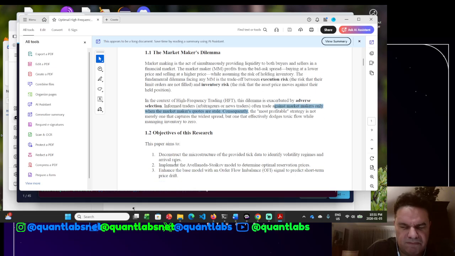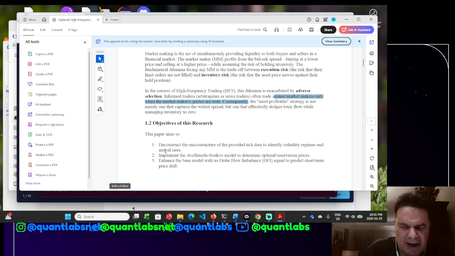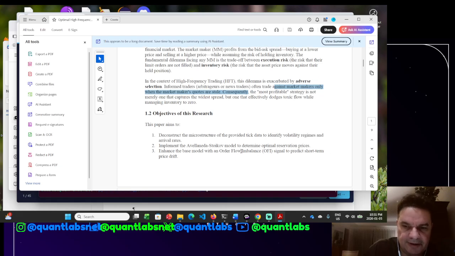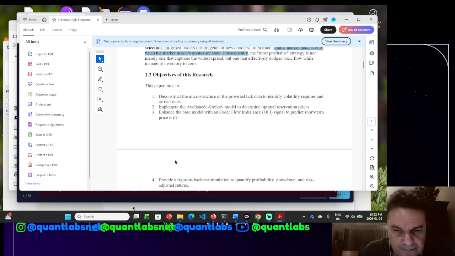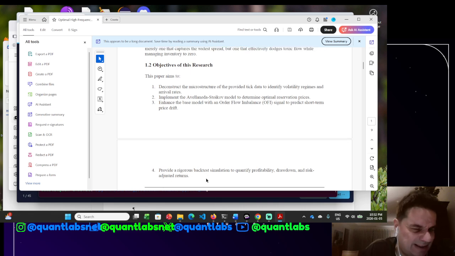So this is what we're focusing on. Here we're trying to deconstruct the microstructure of the provided tick data and, more importantly, identify the volatility regimes and arrival rate, use the AS model to determine the optimal reservation price, and enhance the base model with an order flow imbalance signal to predict short-term price drift, with a rigorous backtest built into the coding and simulation to